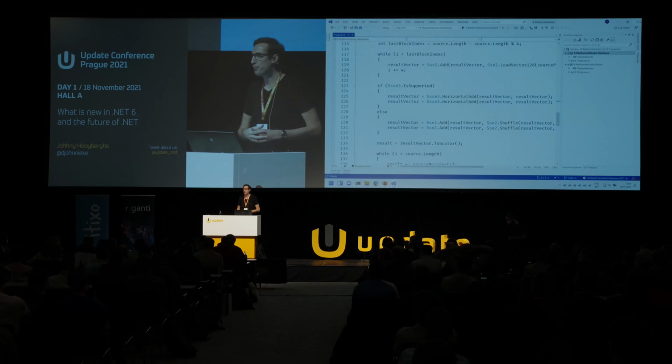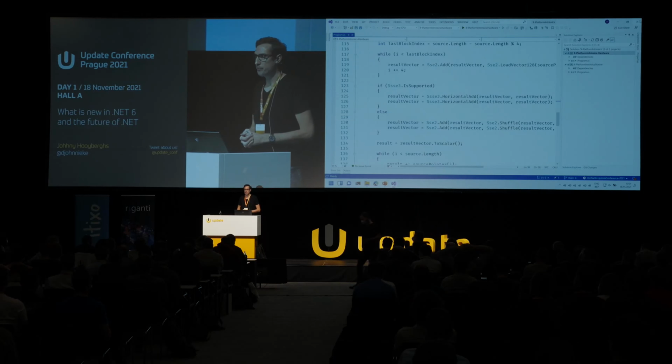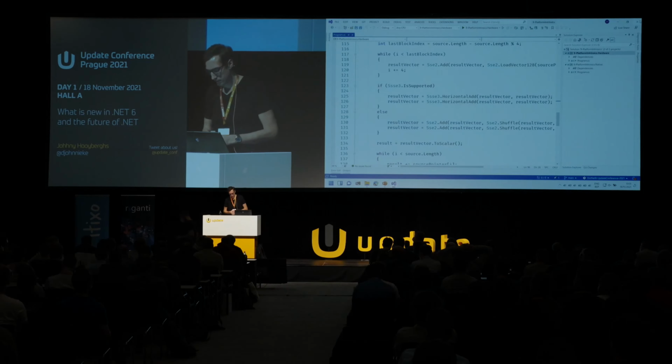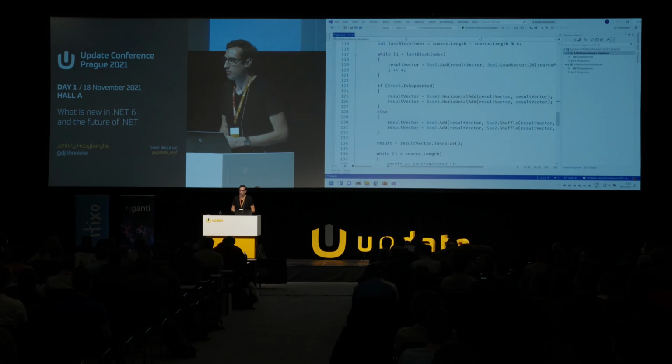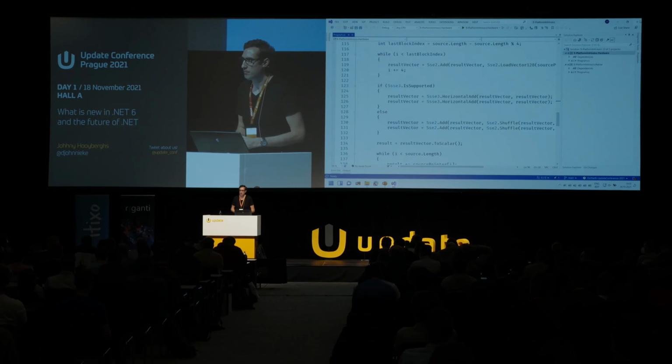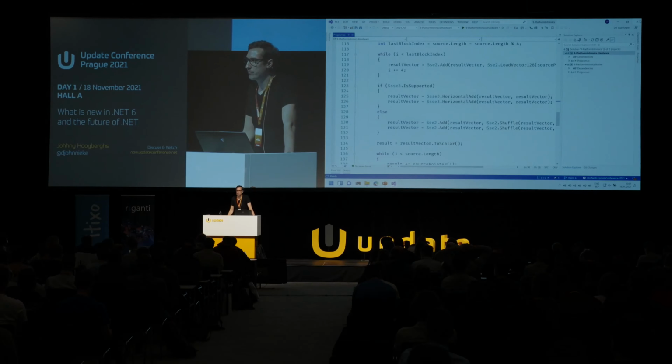Yeah, I have a question regarding the source generation. As far as I understand, it is kind of an analog of what we have, for example, for XML serialization, when we had this SGen tool, which was generating precompiled classes for serialization. So is it a correct assumption? Or how can this sort of generation be used?